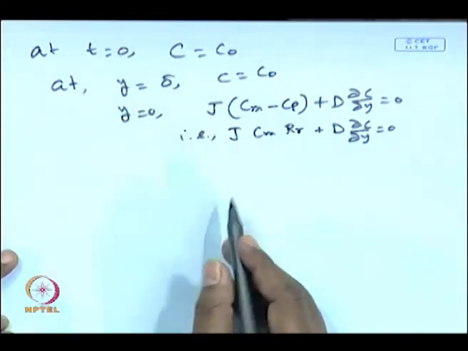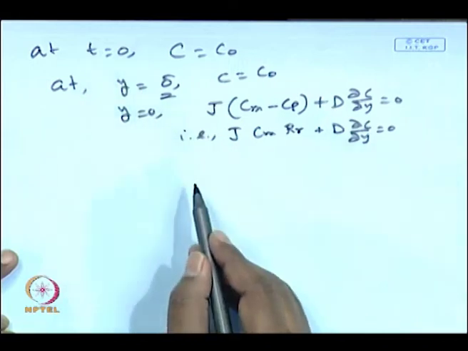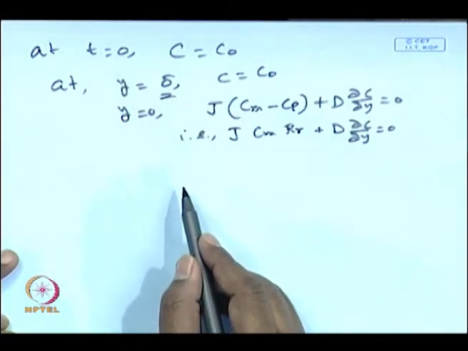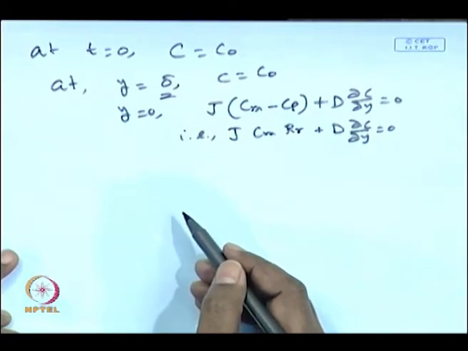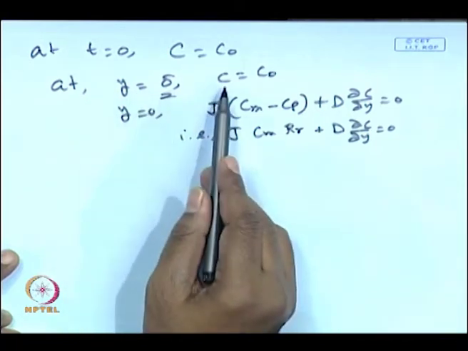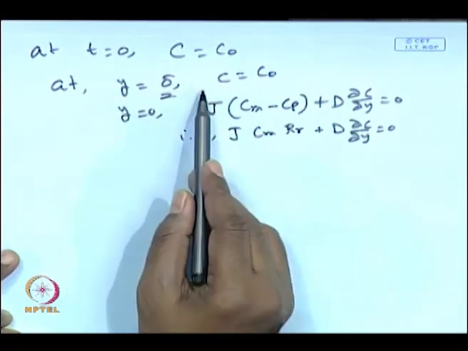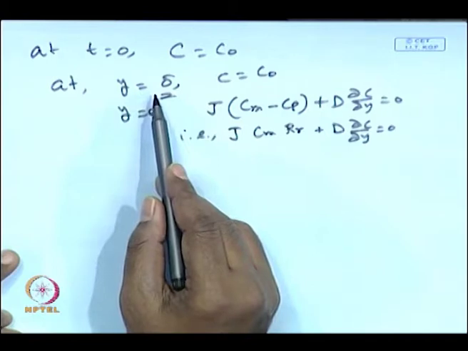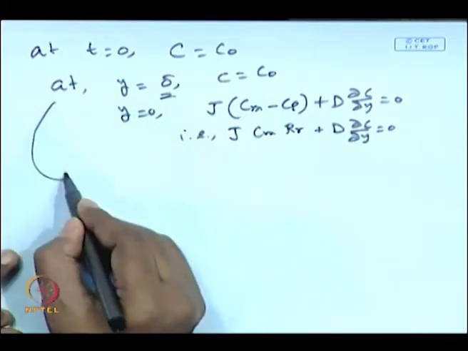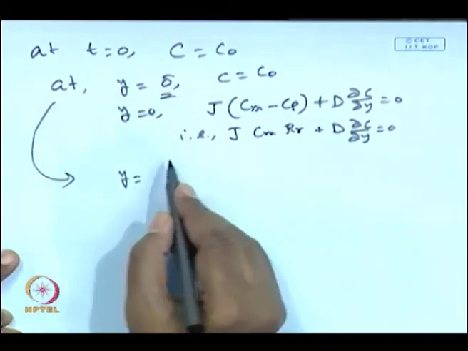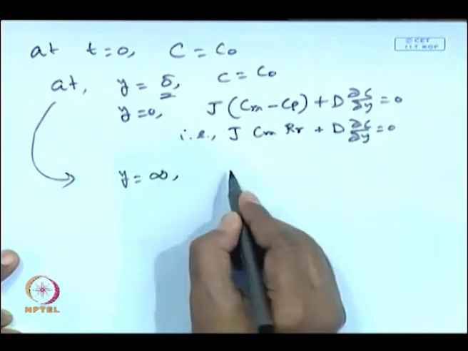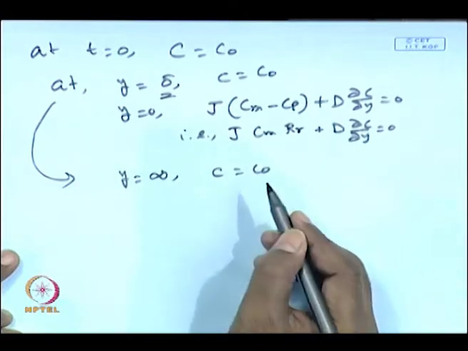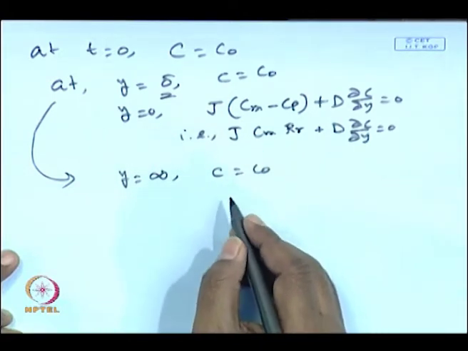Now, again the mass transfer boundary layer will be extremely thin, it will be in the order of micron, whereas the actual dimension of the system will be probably 3 or 4 orders of magnitude higher. So, we can replace this boundary condition by y is equal to infinity. Okay. So, we can do a modification here. For the ease of mathematical treatment, we can replace this boundary condition by y equal to infinity, C is equal to C naught.